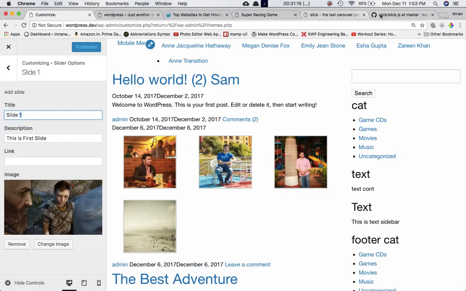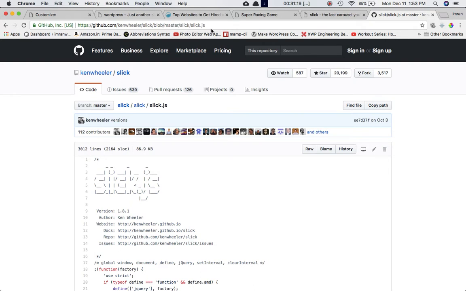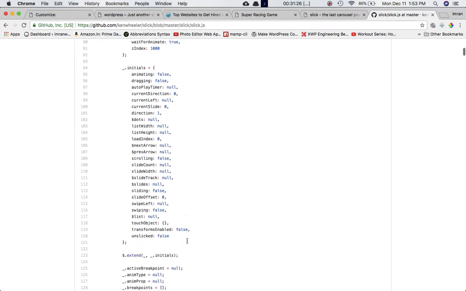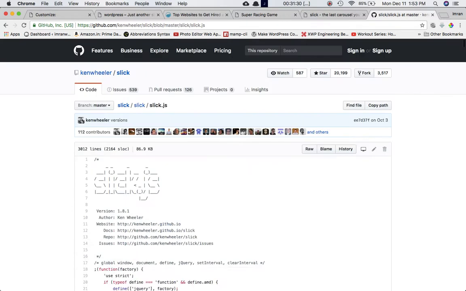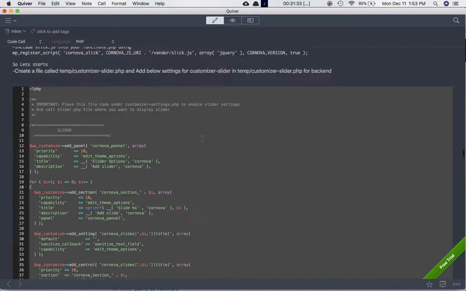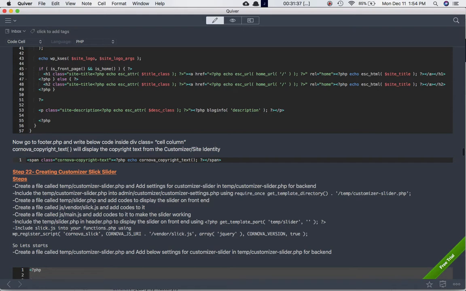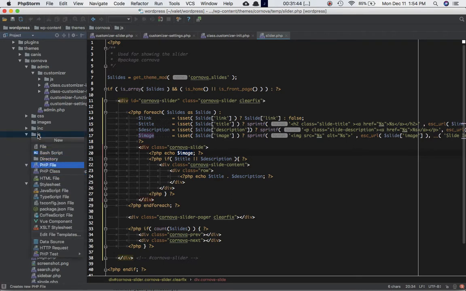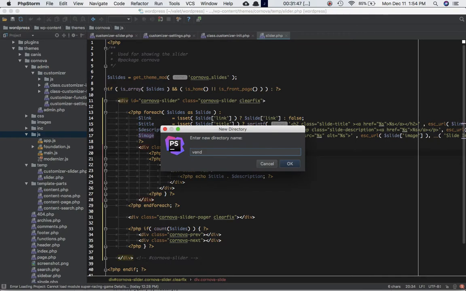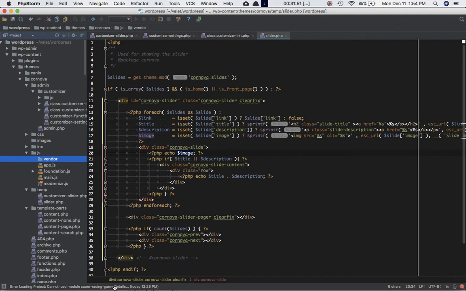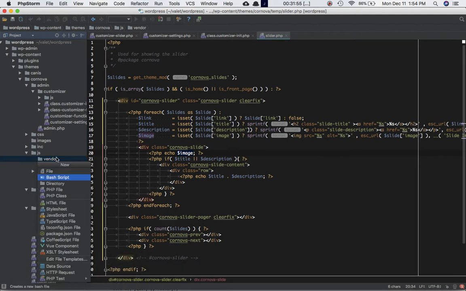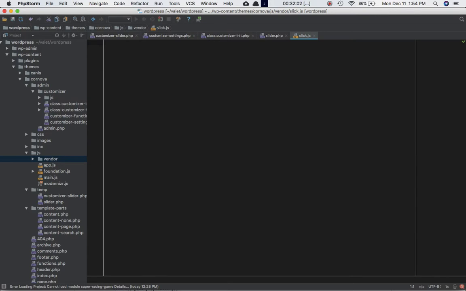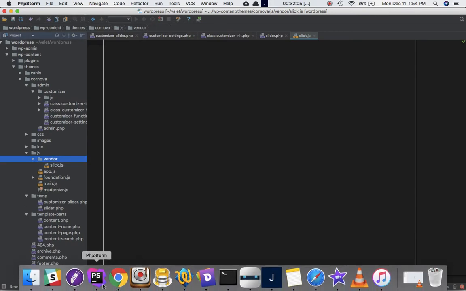Next thing we need to do is go on to the GitHub on this link. You can pause it and take this link, and we're going to take this slick.js file. We're going to copy the entire content of this file, and we're going to create slick.js in JS vendor slick.js. So we'll go to our JS folder. We'll create a new folder called vendor. And then we're going to create a file called slick.js inside of the vendor, and we're just going to copy the whole thing